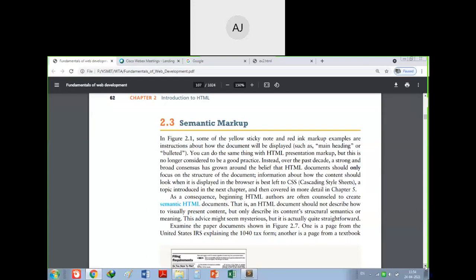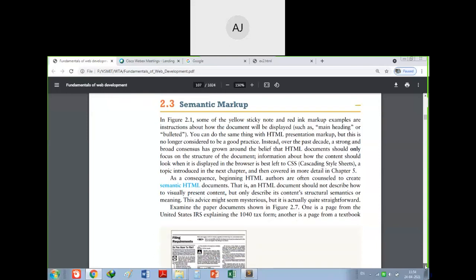But in newspapers there will be small headings, small cutouts, some photographs. That makes it attractive for reading, and also good for presentation. The same concept is implemented in semantic markup. So what exactly are you doing here? Instead of simply writing HTML programs, you are presenting well for the browsers, not for the users, because browsers have to represent the HTML pages to the user. That's why it is made for the browsers. This is called semantic markup.